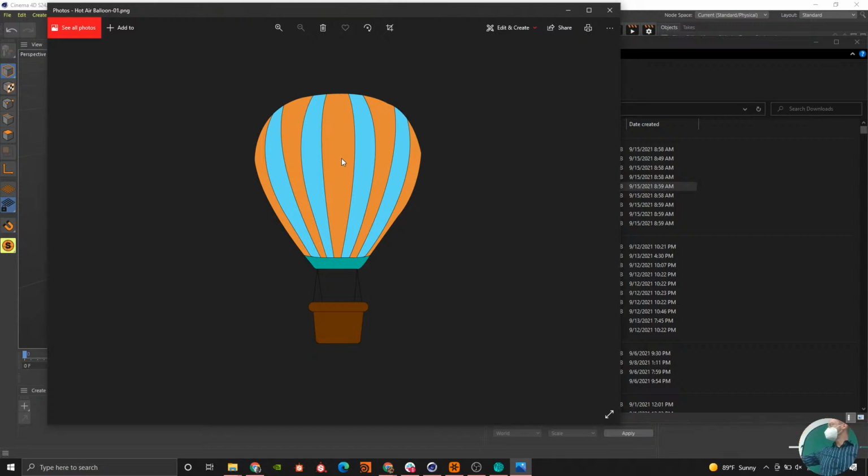But how about the basket? Does that have radial symmetry? No, it's just a box, right? Essentially a stylized box of some kind. So let's look at this. We want to bring this in so we can use it as a guide for our